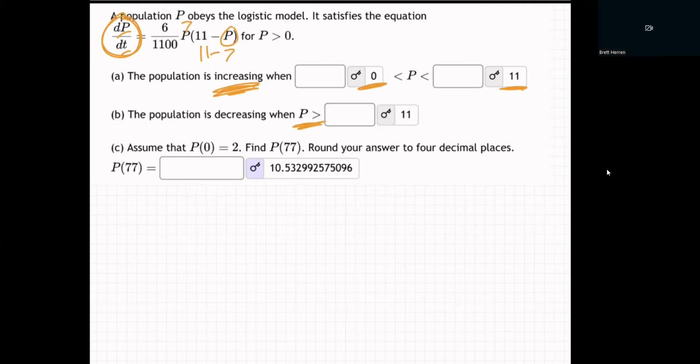But if you put anything bigger than 11, like 12, in here also, you know, P's only one thing at a time. Put in 12, it's negative. This is going to be negative 1 times whatever 6 times 12 over 1100 is. It's going to be negative. So the change in population is going to be negative. It's going to be decreasing when P is greater than 11, because 11 is the carrying capacity. In fact, another way you can see that, and we're going to definitely need for part